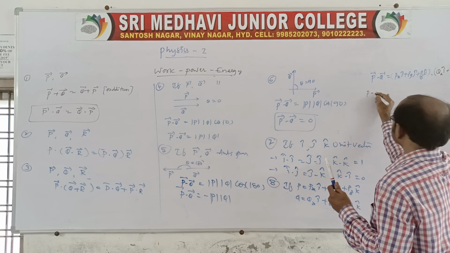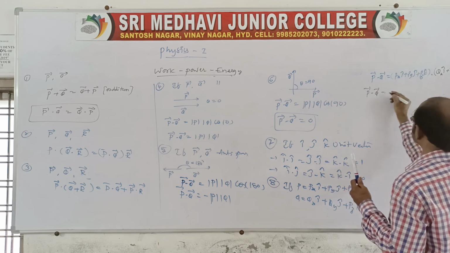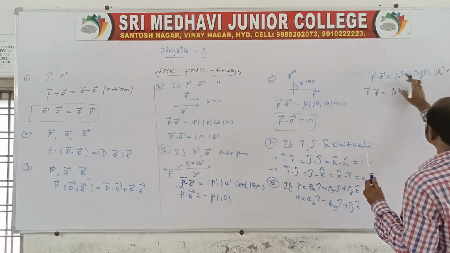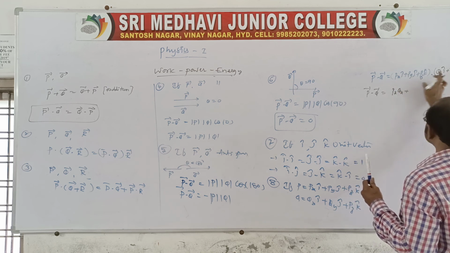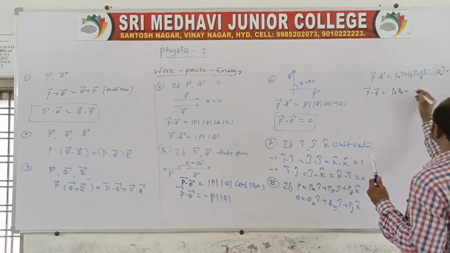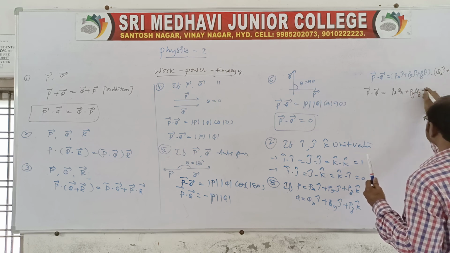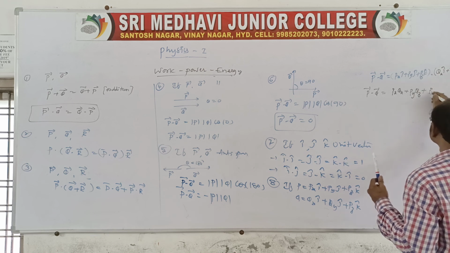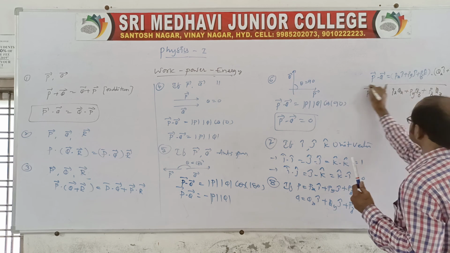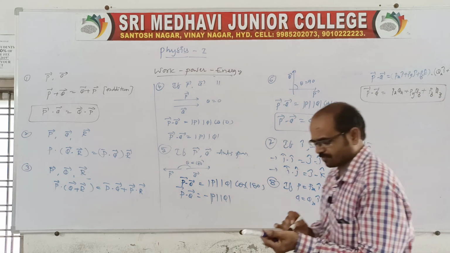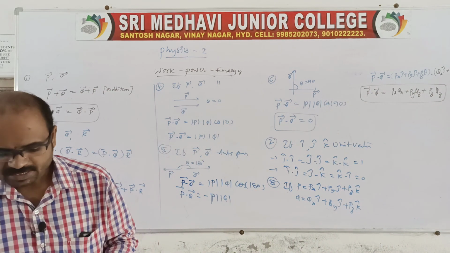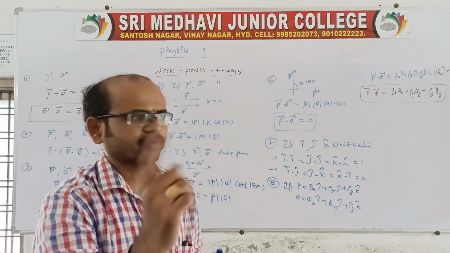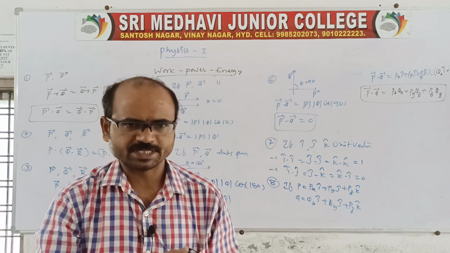Now you multiply the same nature, that is i dot i will be 1, so you get Px Qx plus i dot j 0, i dot k 0, not required, j dot i 0, j dot j is equal to 1, so Py Qy, it is a multiplication, k dot i 0, k dot j 0, therefore k dot k is equal to 1, Pz Qz. See, by this product I will tell you the conclusion: if you multiply with the same, i dot i, yes, it is 1. If you take the opposite nature, we'll get 0. That's why you don't take opposites.